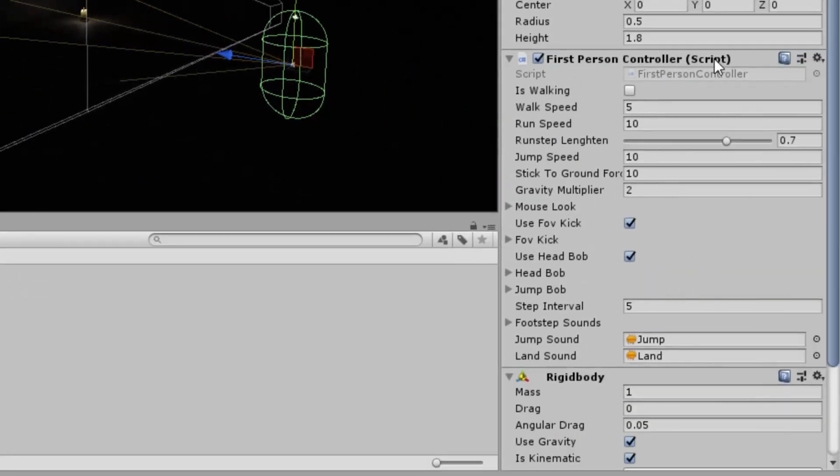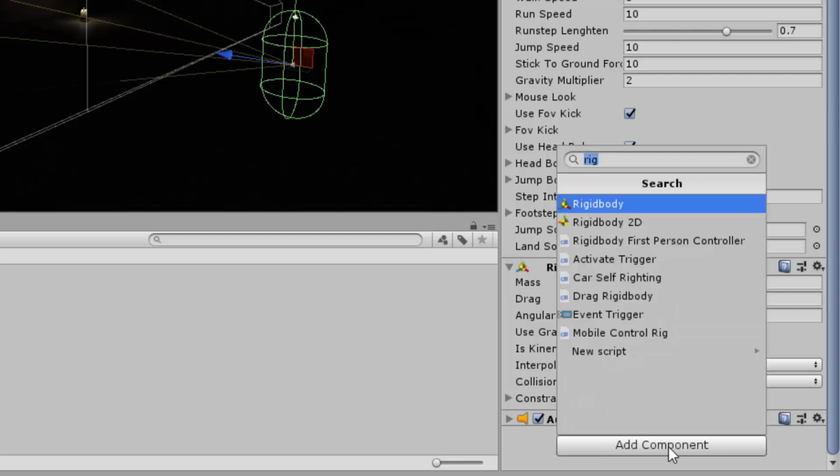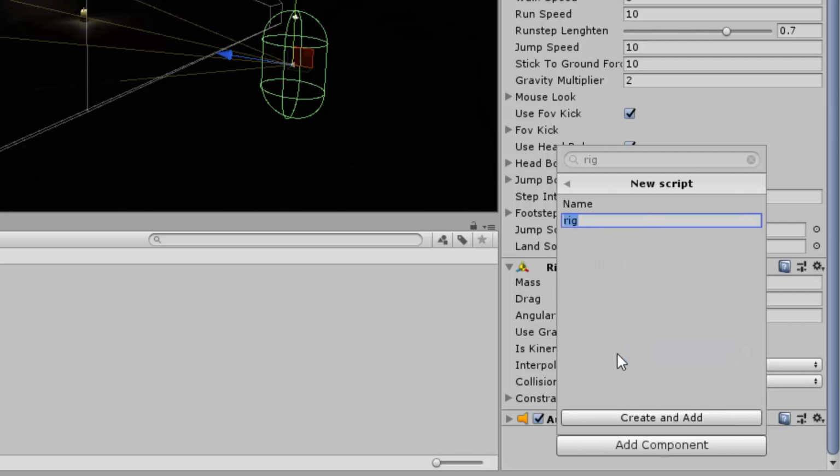Notice it's already got a first-person controller script. It's okay that we have more than one script on an object. I'm going to go to the bottom here and say Add Component, New Script. I'm going to call this Toggle Object, because that's how we can turn something on and off. It is going to be a light that we're turning on and off, but later we're going to abstract this a little further so that it could be any object. We're going to toggle an object by pressing a key. So I'll say toggle object on key press. That's a little bit of a lengthy name, but it's very descriptive.